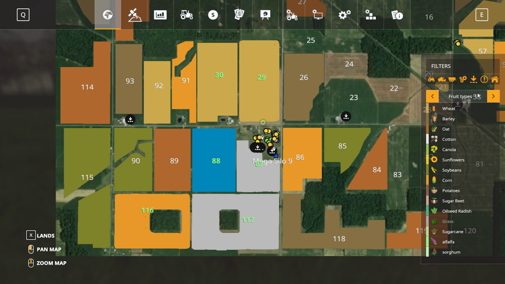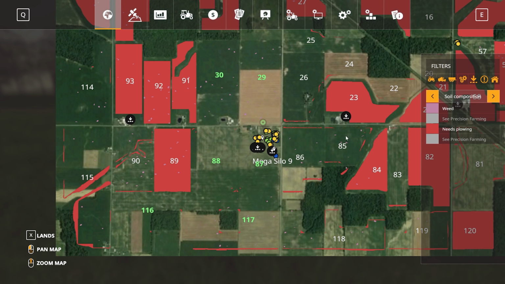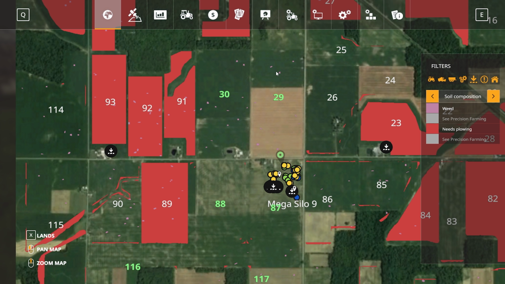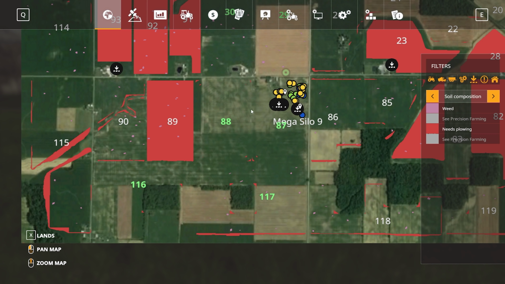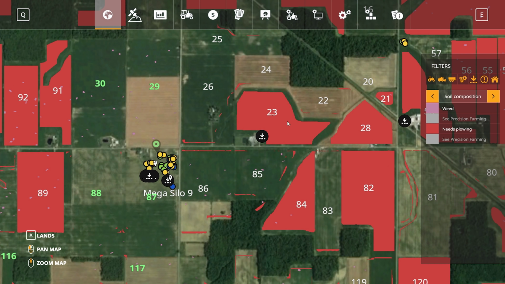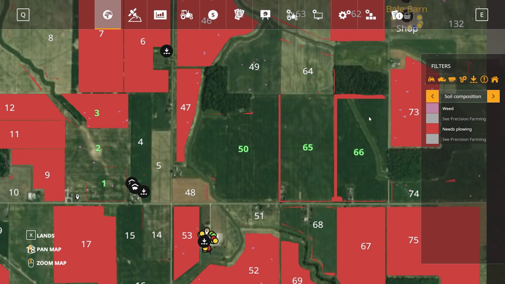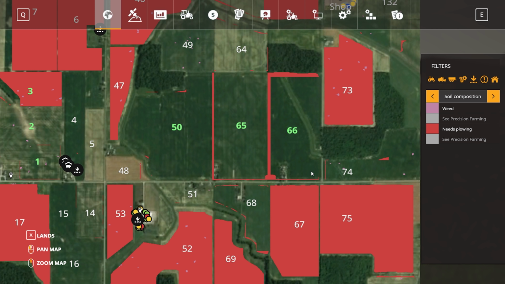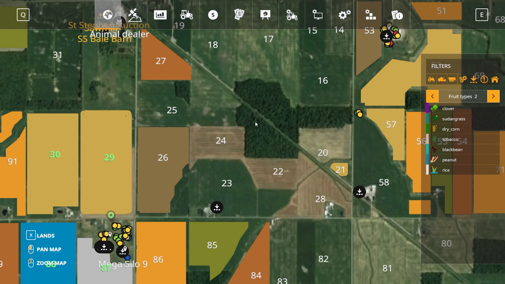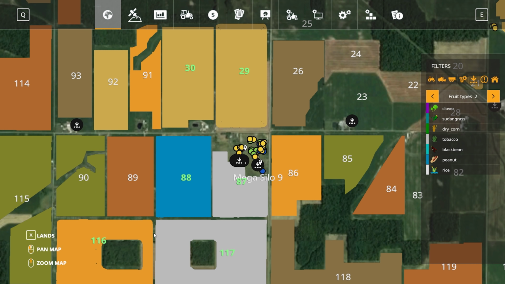Now, if I quickly jump to our menu here, you will be able to see these little patches of weed, the little pink elements across most of the fields actually. 116 doesn't appear to have any at the moment, which is great. A couple in the top corner of 88 here, but the big field over here, 50, 65 and 66 that we've merged, doesn't have any at all on it, which is great. So what we're going to do, we'll go and sort these fields out down here, get all of those sprayed